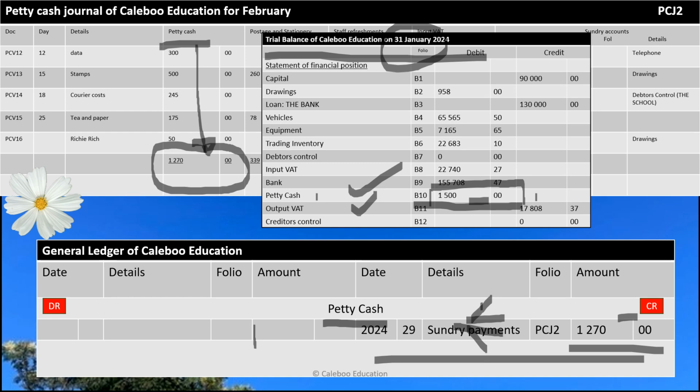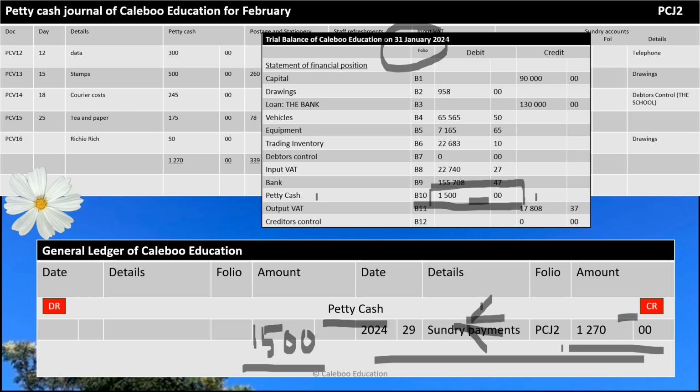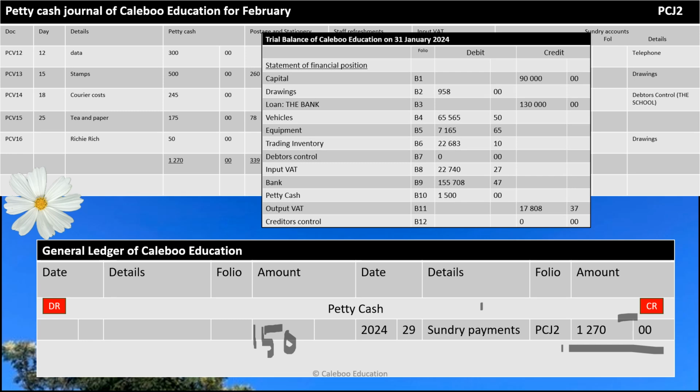Now remember, I didn't put it in, but we started with 1,500 and we're spending 1270. And then we will replace that 1270 at the end of the month, which is now. Then we'll start the next month again with 1,500. But at the moment in this exercise, all I'm doing is posting from the petty cash journal to the ledger accounts. So I have taken that amount